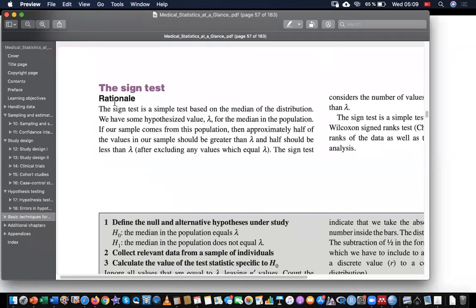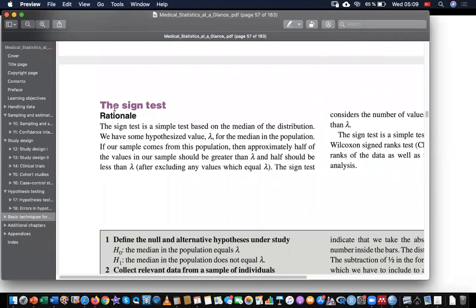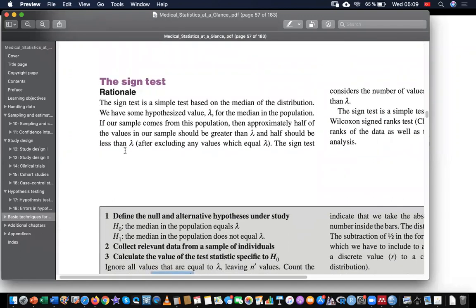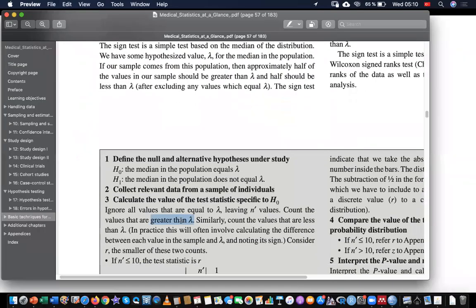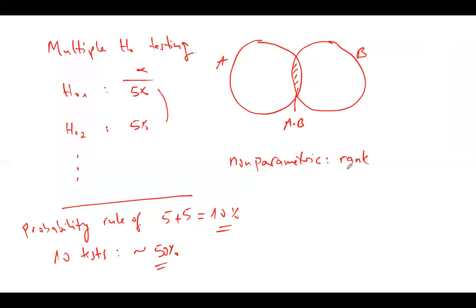The only thing I want you to remember is all the non-parametric tests. All the non-parametric tests use the rank. Positive, negative, high, low. They use the rank to calculate. You can go and read this section here, how it is calculated. It is using the median, you see, the median of the population, not the mean. The median is found by ranking, by putting them into an order.